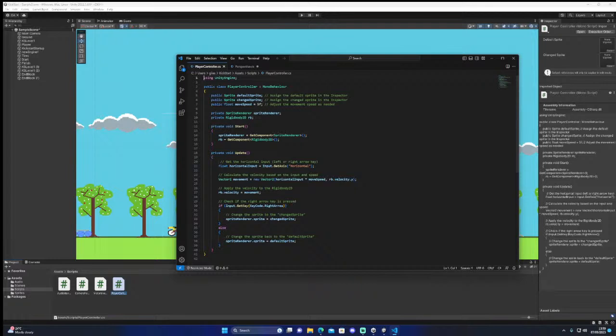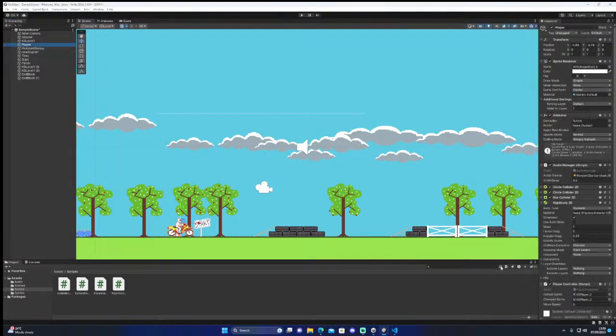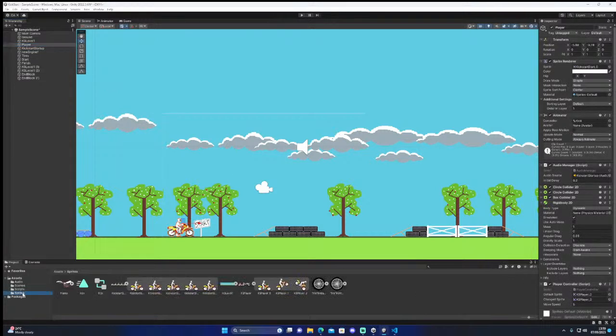If key, right arrow key, change the sprite. Change sprite. That's right. No, default sprite. That is right. Change sprite to that.